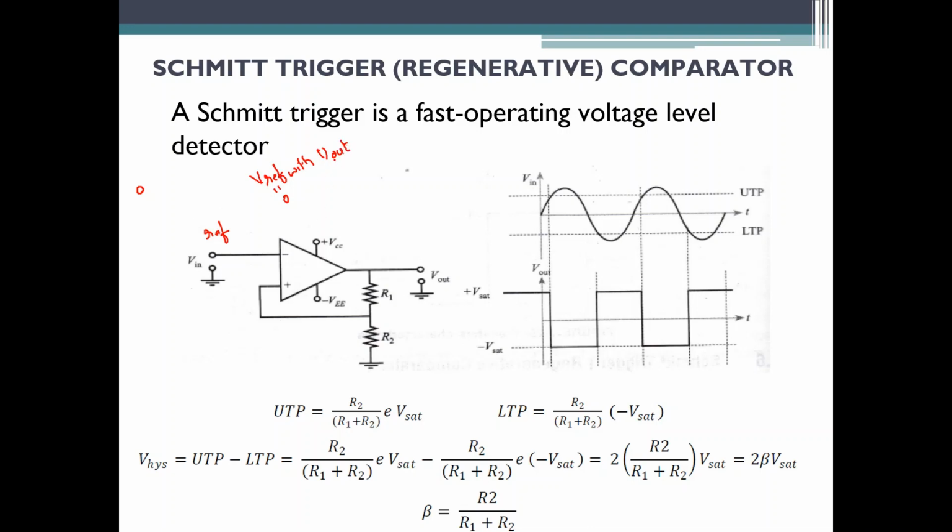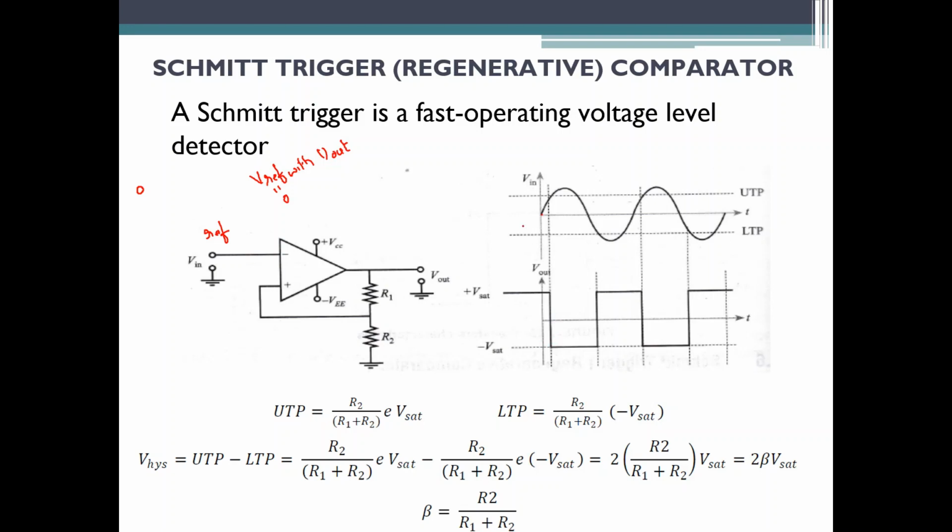Also, as I am going with positive or regenerative feedback here, we will look into the working of this with respect to the waveform. Let us say that the input voltage, that is this positive voltage I am speaking about here, goes on increasing. It starts from 0 and goes on increasing. By the time your input voltage reaches a particular value, the output of that particular circuit will go to negative.